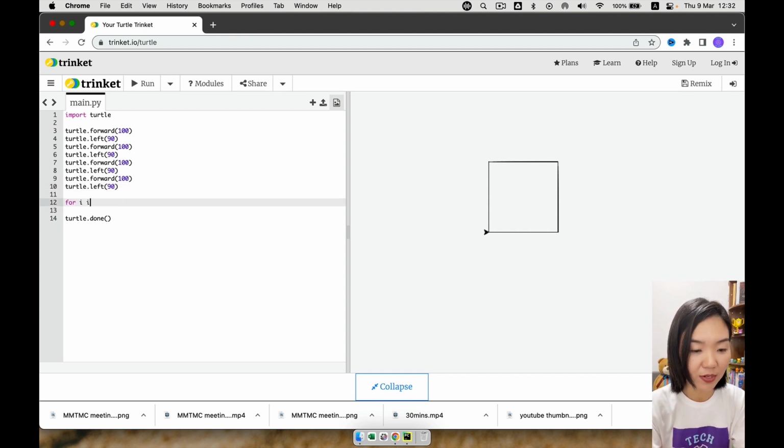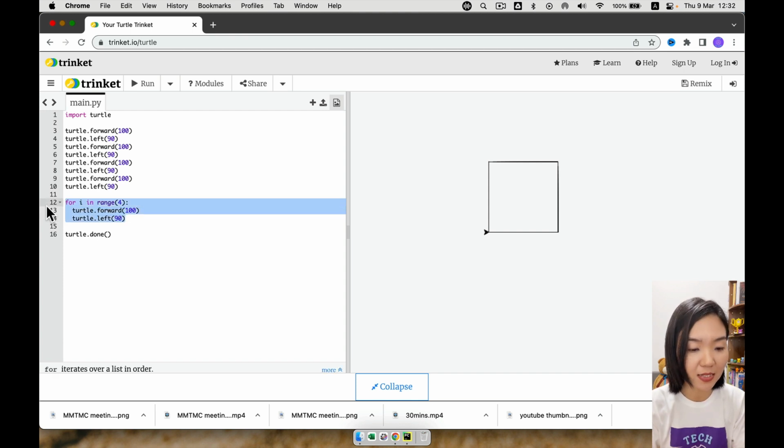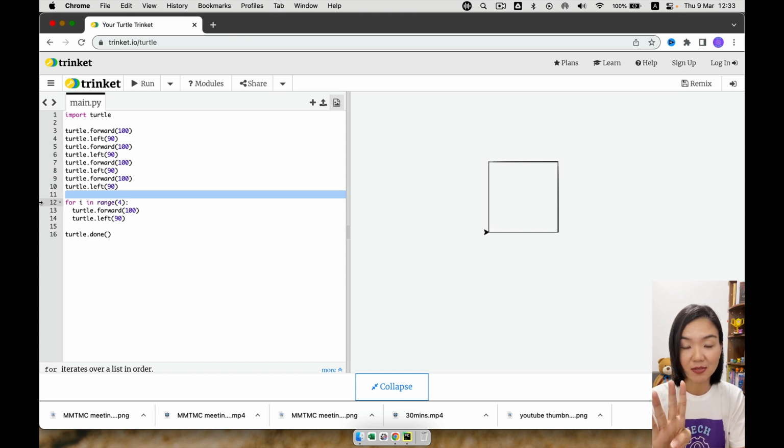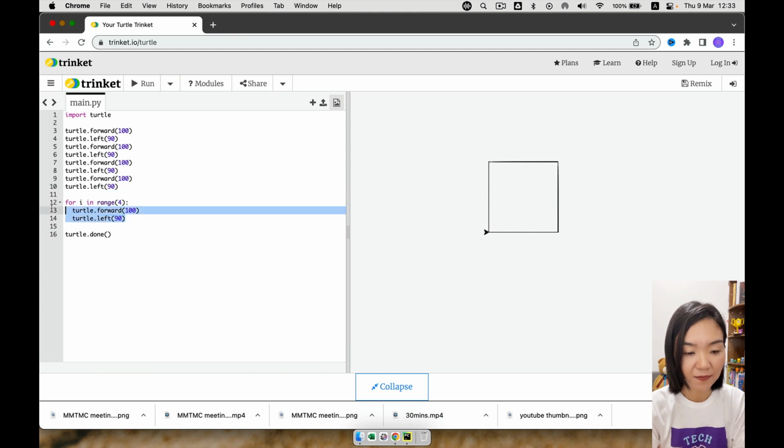So for i in range. For, then we are going to put turtle.forward(100) and turtle.left(90). So this is a for loop. What it means is that these 2 lines, I'm going to repeat for 4 times. So for i in range(4) basically means I'm going to do something 4 times. And the things I'm going to repeat are all the lines after this 4 and with a tab